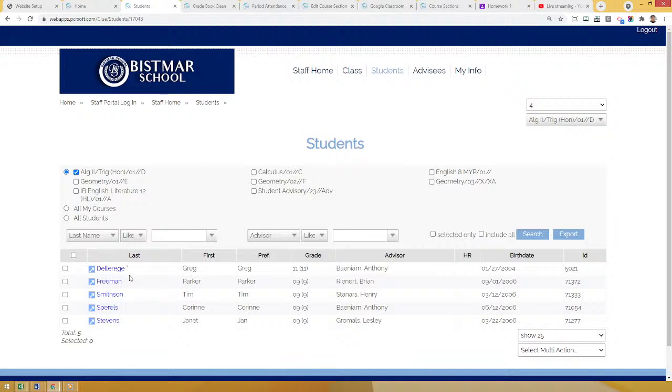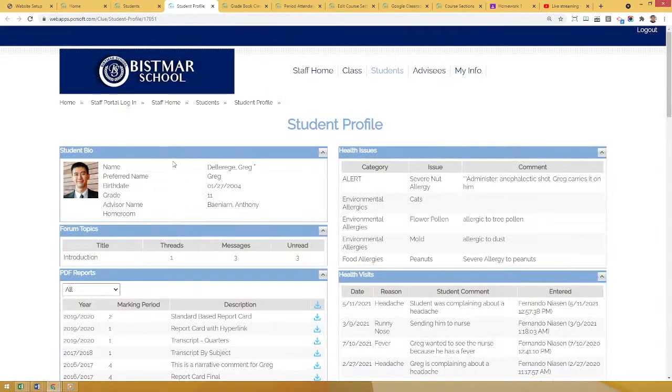I also want to point out that when you're looking at your teacher portal, you may see stars next to certain students. What that means is that they have health alerts. It's just to keep you posted on them. So for example, Greg has a star next to his name. If I wanted to see what health alerts Greg has, I can just click his name, and